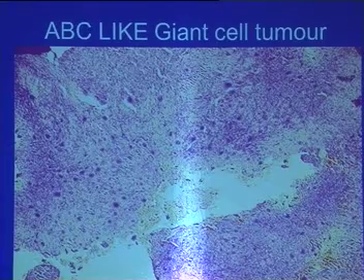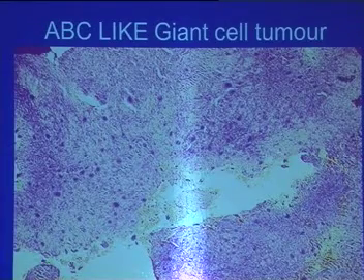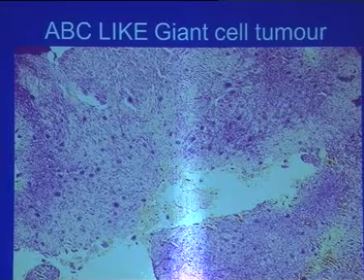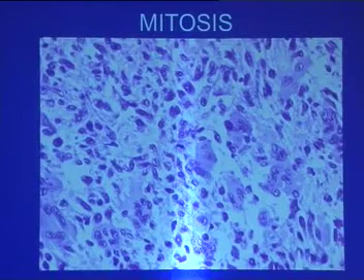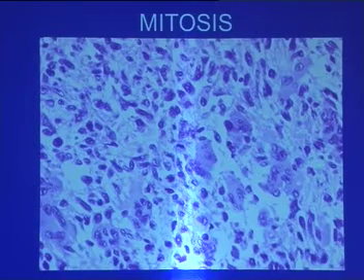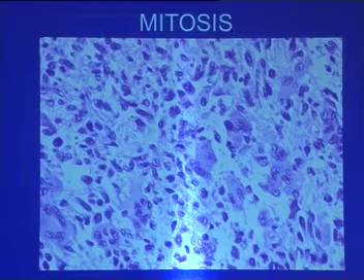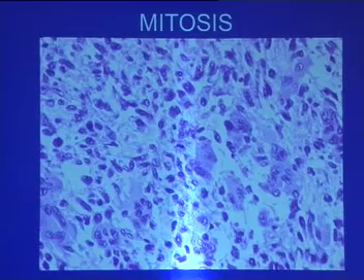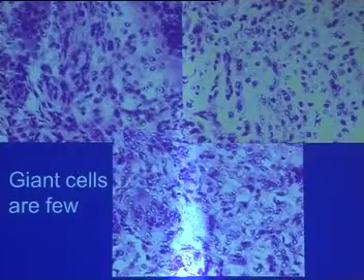And they can have aneurysmal bone cyst-like areas or what look like true aneurysmal bone cyst foci. Mitosis are not at all uncommon, and the maximum mitosis which are, so to say, acceptable is about 15 or even 20 per 10 high-power field. But the presence of mitosis does worry a pathologist, and